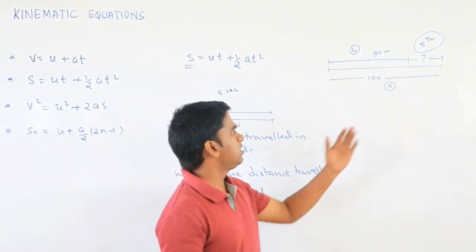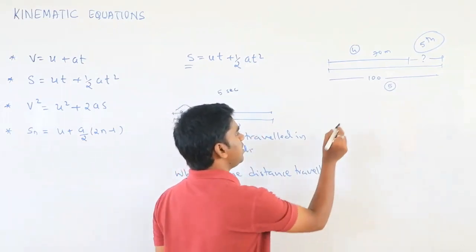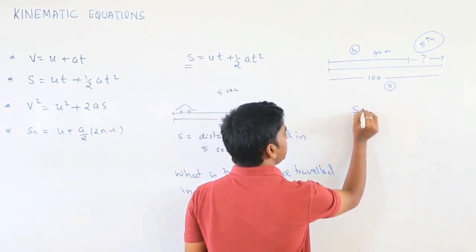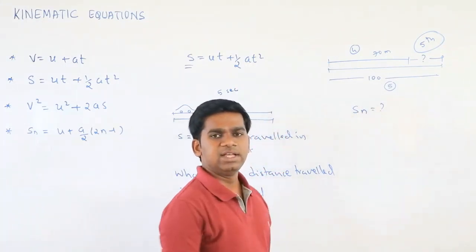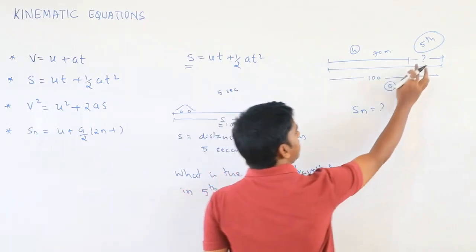Okay, so that is what we call the distance traveled in the nth second. So that is what we have. We will take it as Sn equals to... that is how we can calculate. So how can we calculate? To calculate this distance,